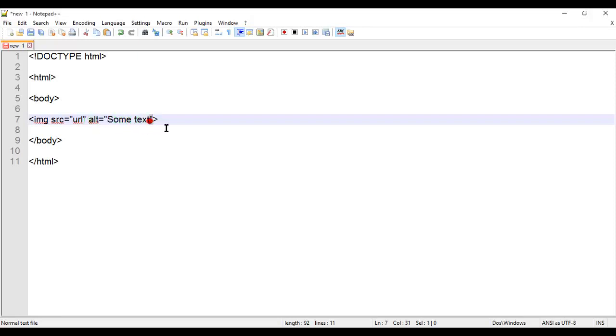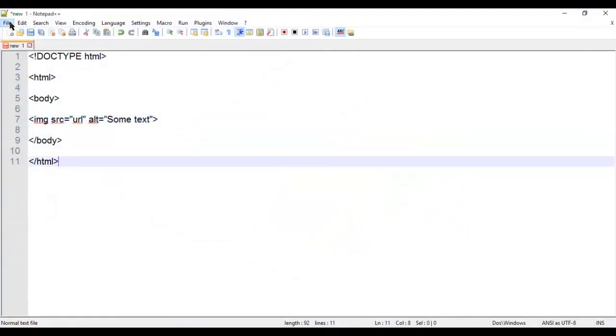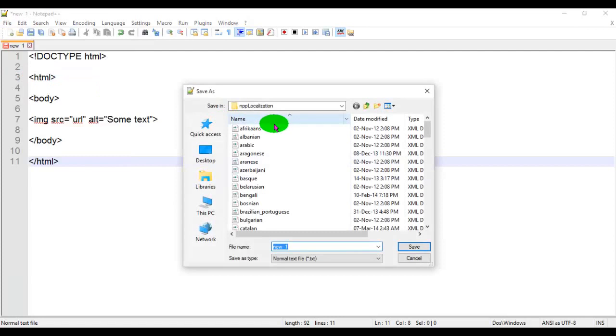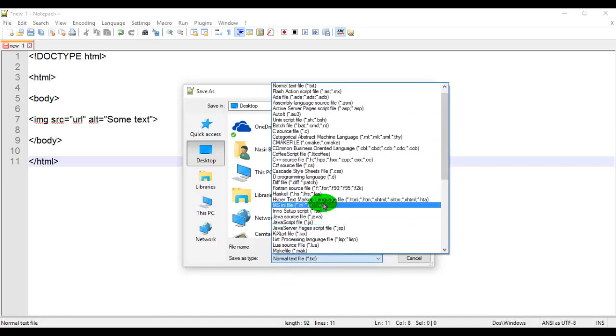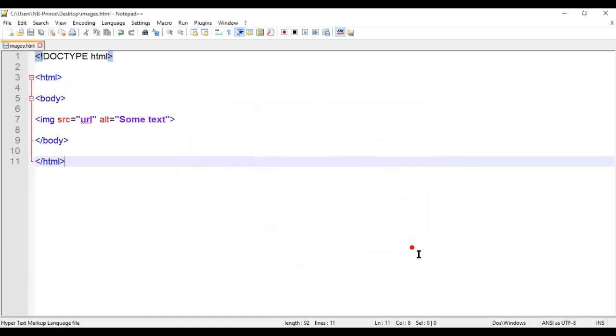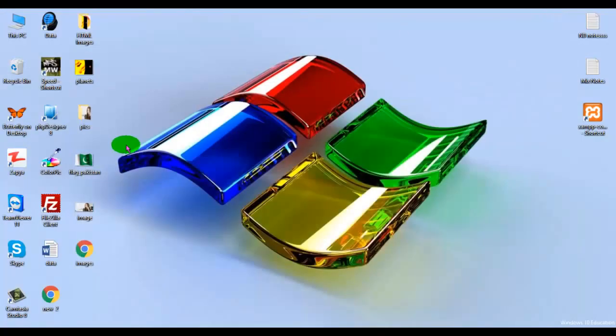So here we take an example. First of all, I have some images on the desktop, and I first save this page on the desktop as images.html, and the extension should be HTML. So I save this page. Now I give the path to the image in the URL, which is on the desktop. This is a PNG image.